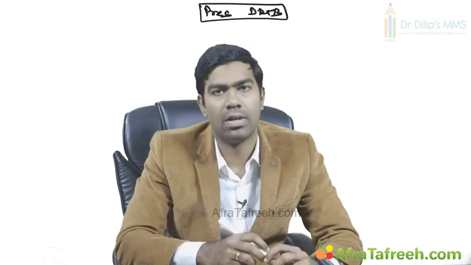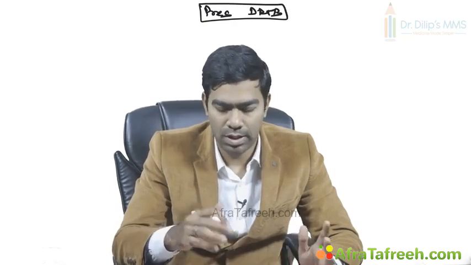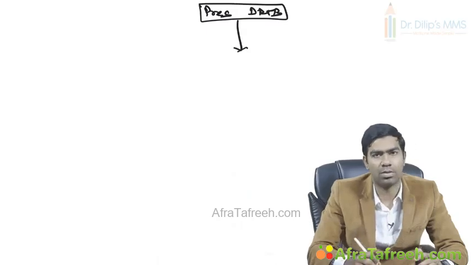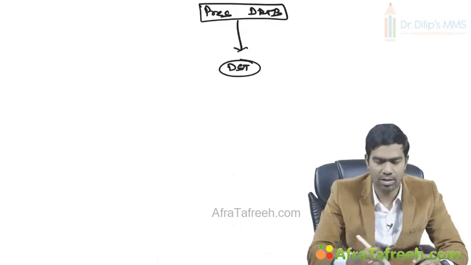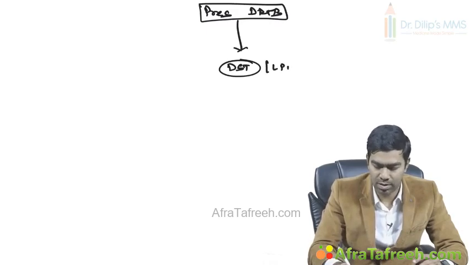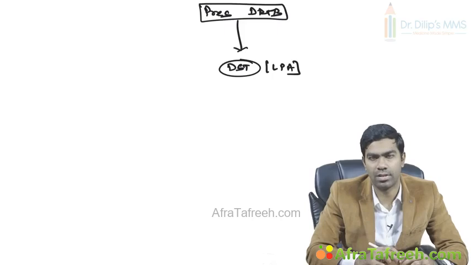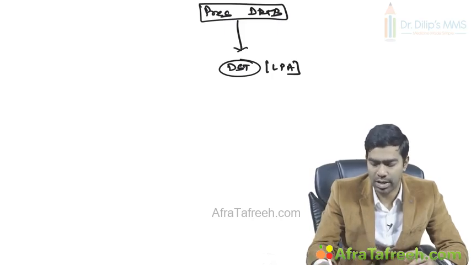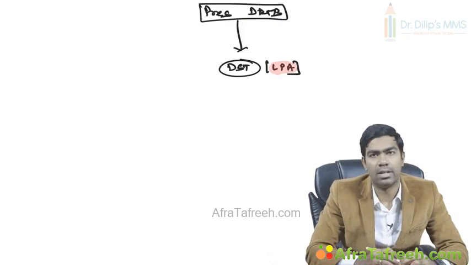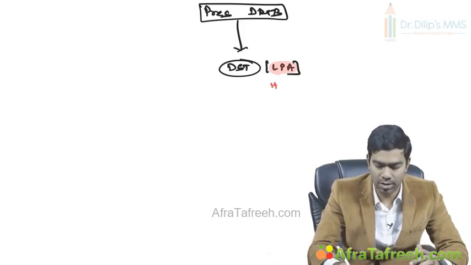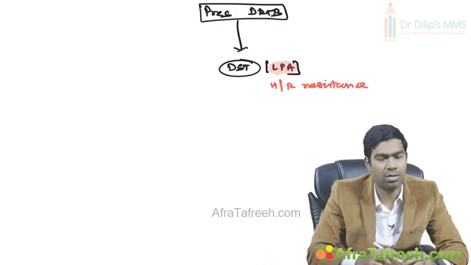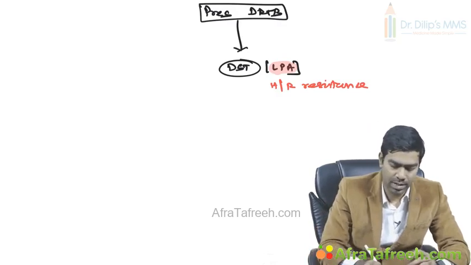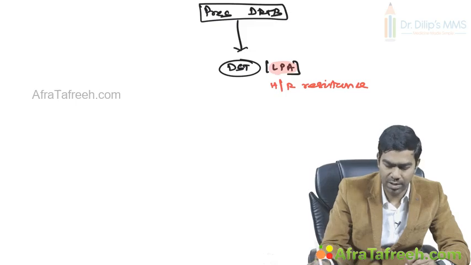And we're going to see how you manage a presumed drug-resistant tuberculosis. Any presumed drug-resistant tuberculosis patient has to be offered drug sensitivity testing, and the first step is LPA, that is line probe assay. This line probe assay can detect both isoniazid as well as rifampicin resistance. That's the big advantage. We also have to know that if a patient is having rifampicin resistance